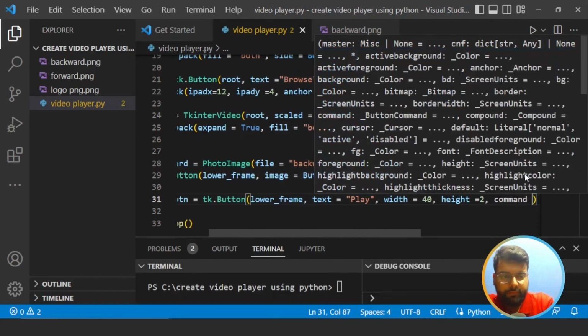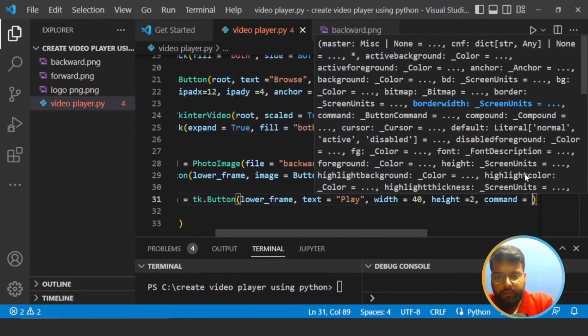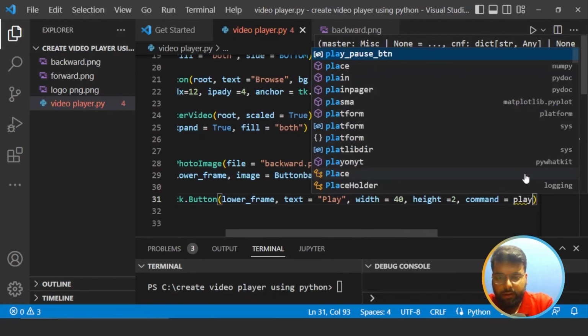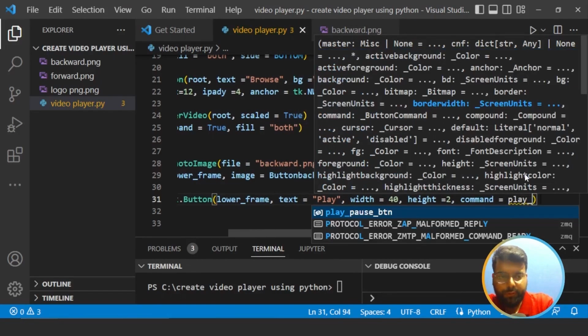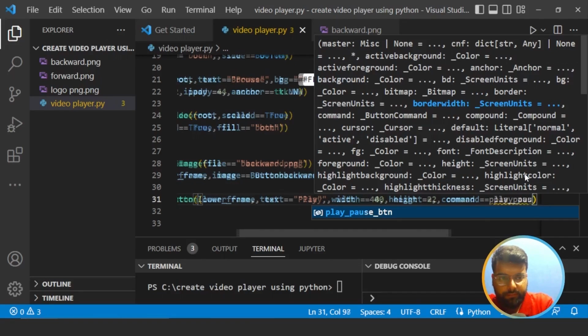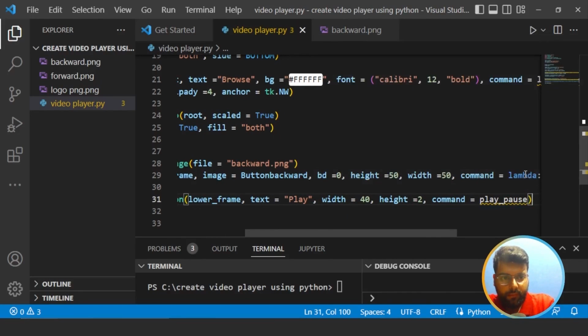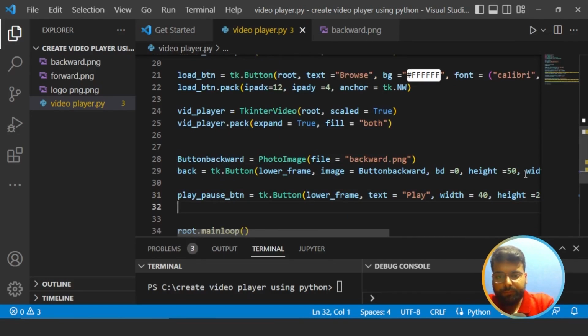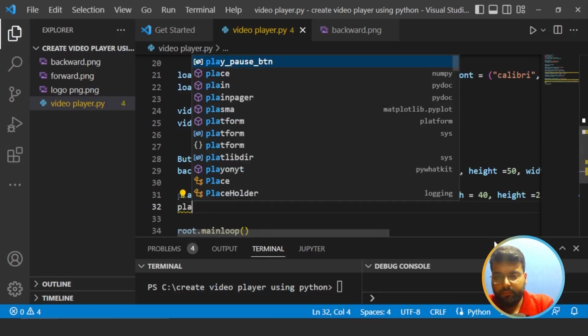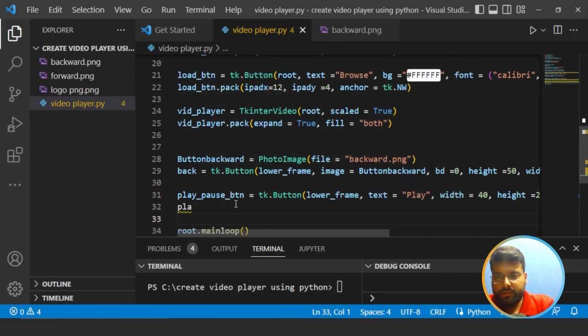And now we will add the functioning to it. We will declare the play pause button, we will name it play pause on it, as it will be functioning play and pause. Now we will pack this button. For that we will use the variable name, that is play pause button,